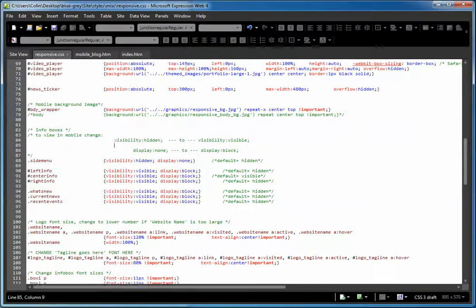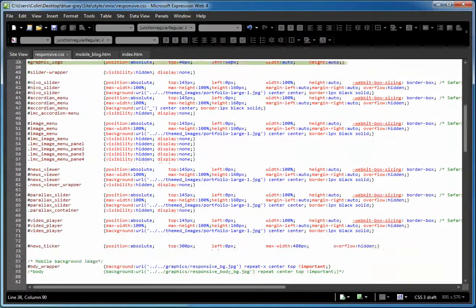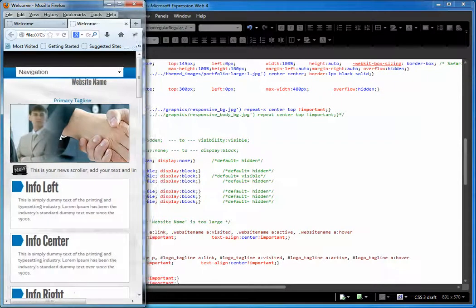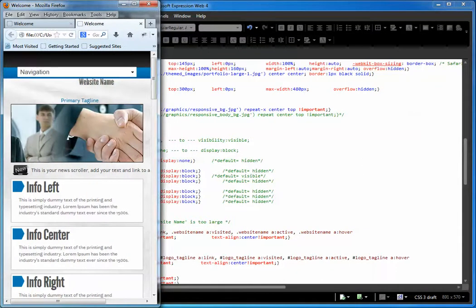So that goes hand in hand with what we talked about earlier, and that is your text logo, logo graphic, logo tagline and graphic logo. You'll need to reposition these. If you change the font size, you'll definitely need to reposition it so it fits into the page exactly where you see it. Like I said, a good rule of thumb is to just use your browser to start with, because it's a lot faster for updating, tweaking, and developing than trying to save it, publish this file up, look at it on your mobile device, and then, no, that could take forever, trust me. So really it comes down to just a combination of tweaking the positioning,